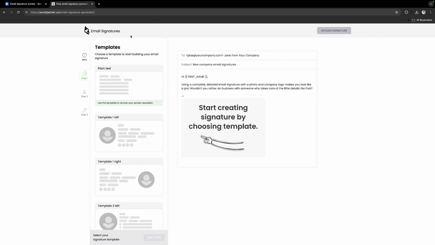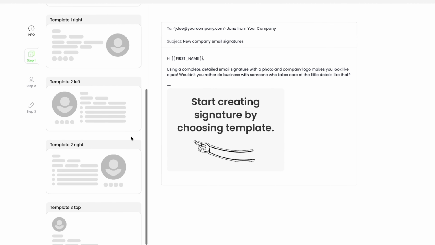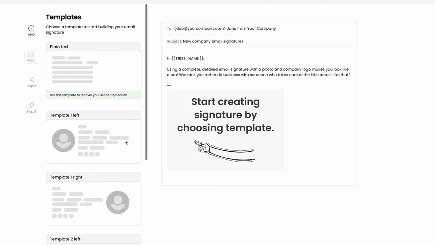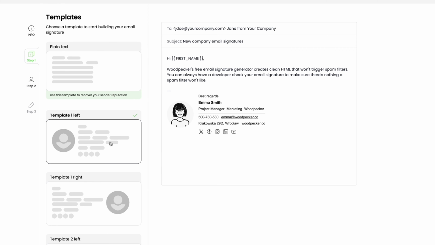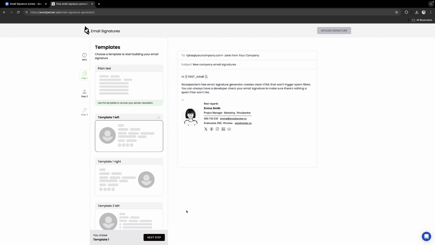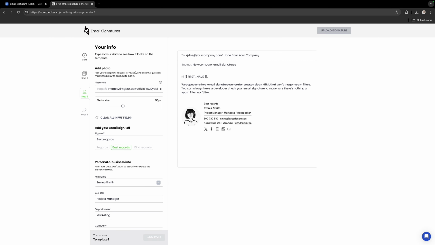Once you open the link, you will see this page. In this page, you will be able to choose a template. They have 3 templates. You can take a look at them and see which one you like. I'll choose template 1. Once you choose your own template, you will click on the next step here, where you can enter your personal